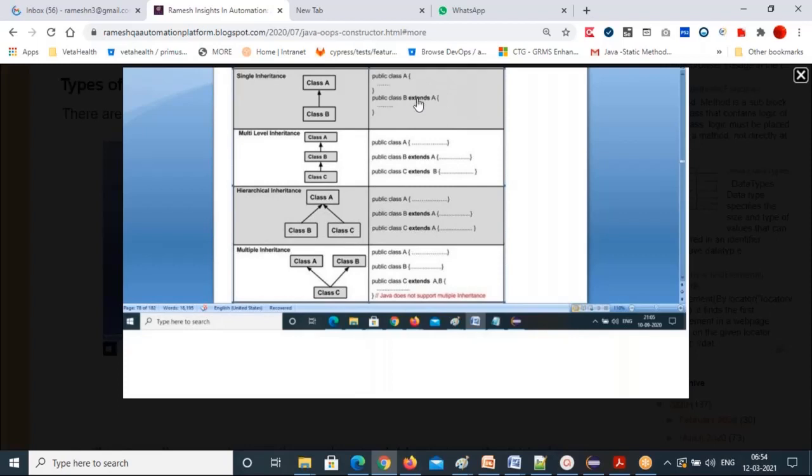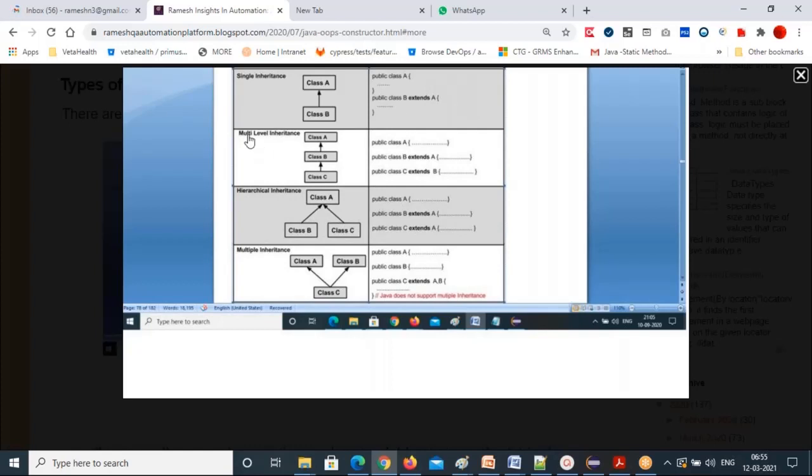That means B can access all of A's methods and properties directly, so B doesn't need to create them again. One class extending another class is called single inheritance.